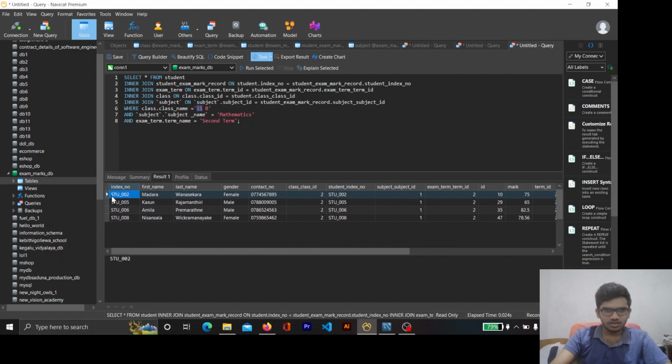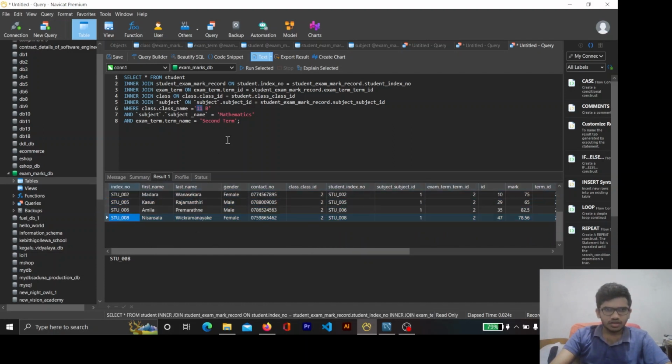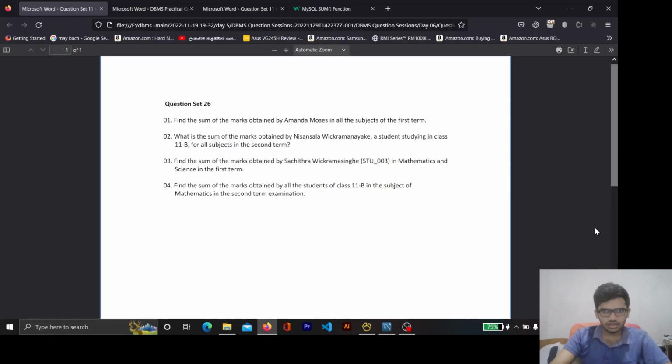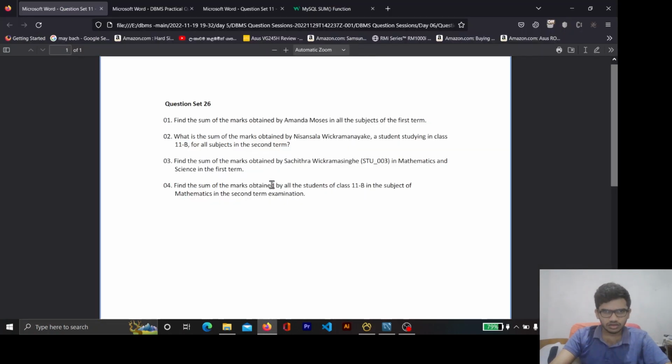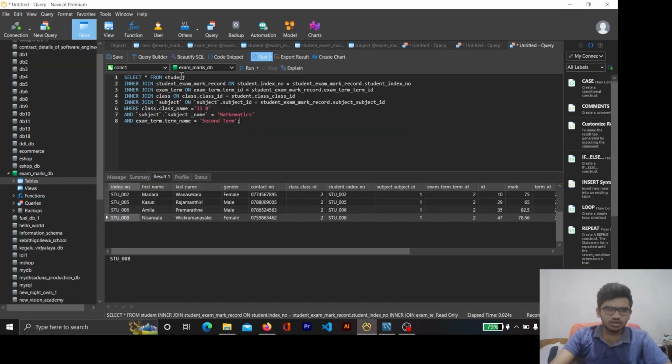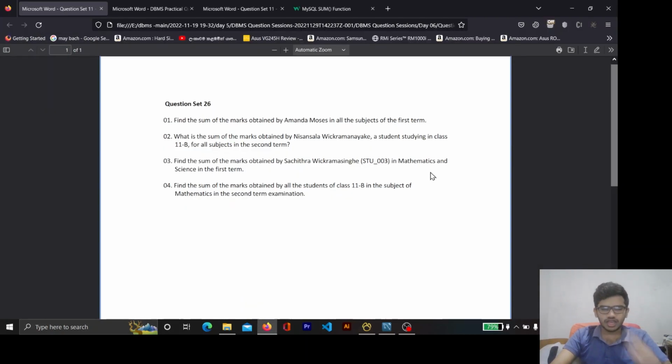So there are like 4 students in 11B, and now you need to get the sum, right? Sum of the sum. Okay, you need to get the sum. So I will copy paste this, and you get this mark. Okay, I think I have